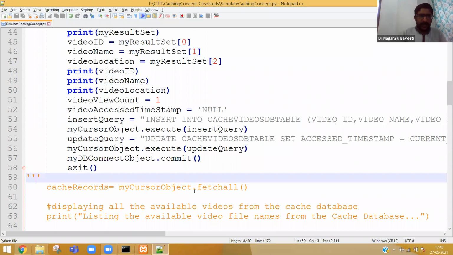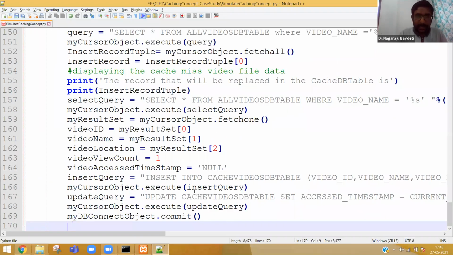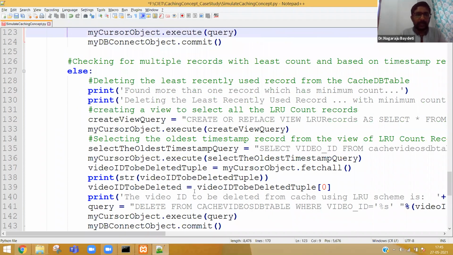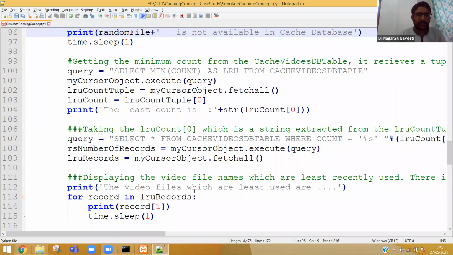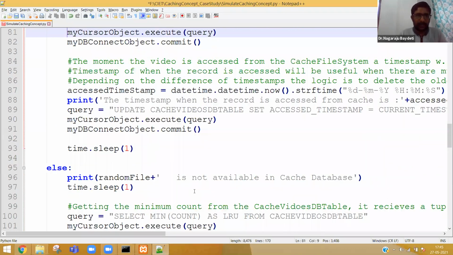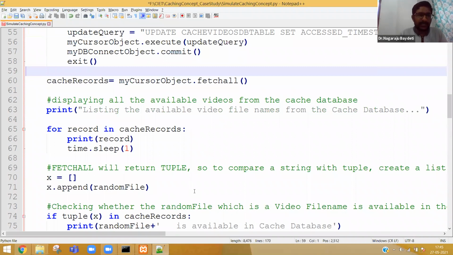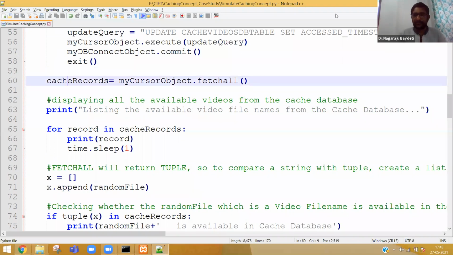Otherwise, I am going to explain the rest. Don't worry, the next 100 lines are not all new. Some part is common, as I already told you. Don't worry about that. Okay, from line number 60 to line number 168, there are 2 cases.